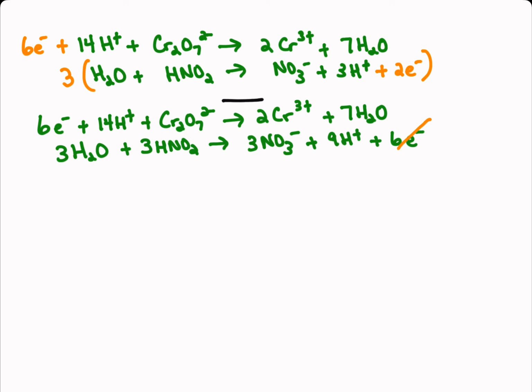So 6 electrons cancels out with 6 electrons. These 3 waters will cancel out and be left with 4. 9 H pluses can cancel out with some of these, and this will leave me with 5. So my final clean up equation